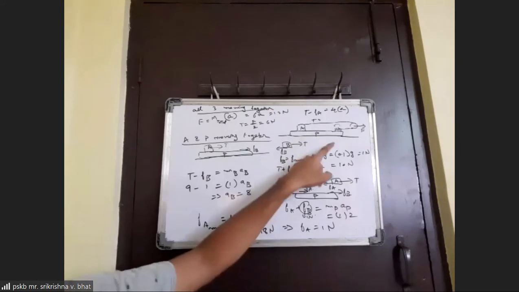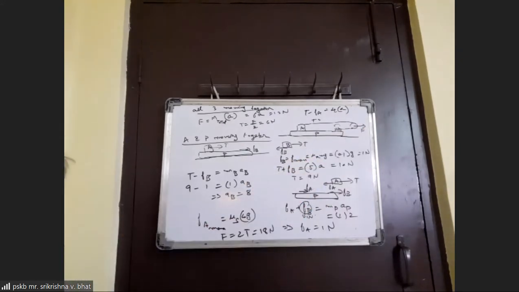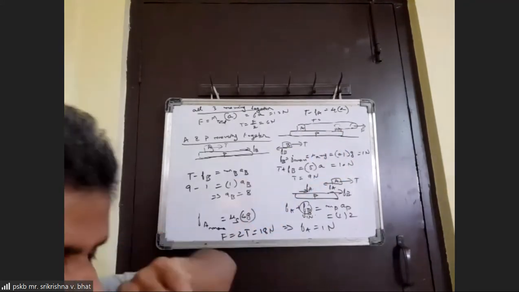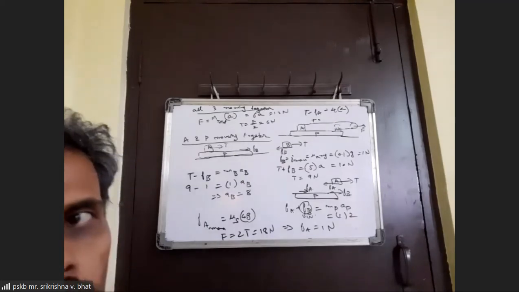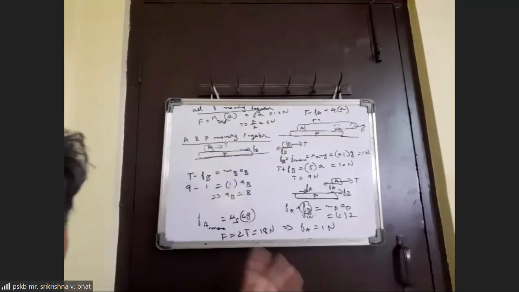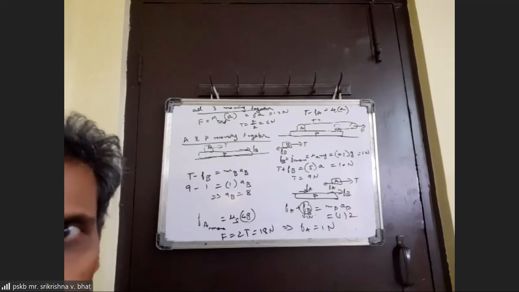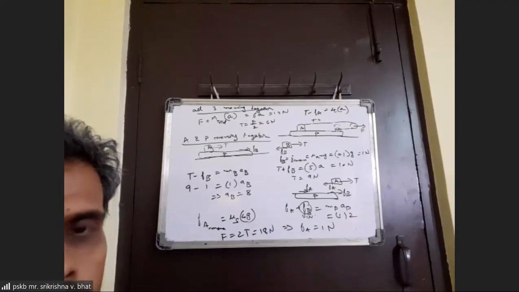That mu k into mg and this additional force F, which will be the tension, will be the net force acting on the plank and B system. Then we can calculate the acceleration, and we have to work this way to see that it doesn't turn out to be correct for B moving together with the plank with no relative motion.